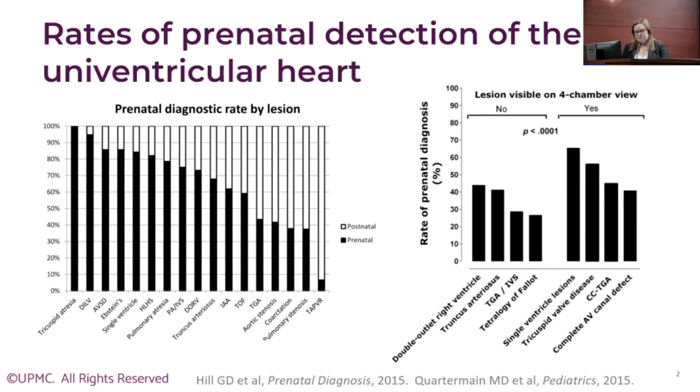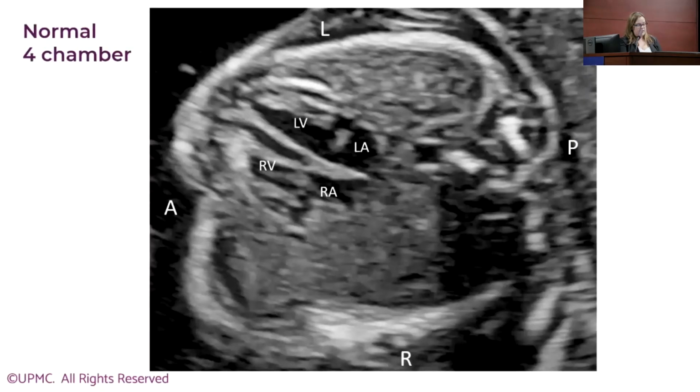Luckily, this is one category of congenital heart disease in which the majority of cases are detected prenatally. These are a couple of representative studies that, as you can see, indicated by the stars, show a high rate of detection in fetal life or prenatal diagnosis for these lesions. This is because these lesions are almost always visible on the four-chamber view, which has long been part of the screening obstetric ultrasound